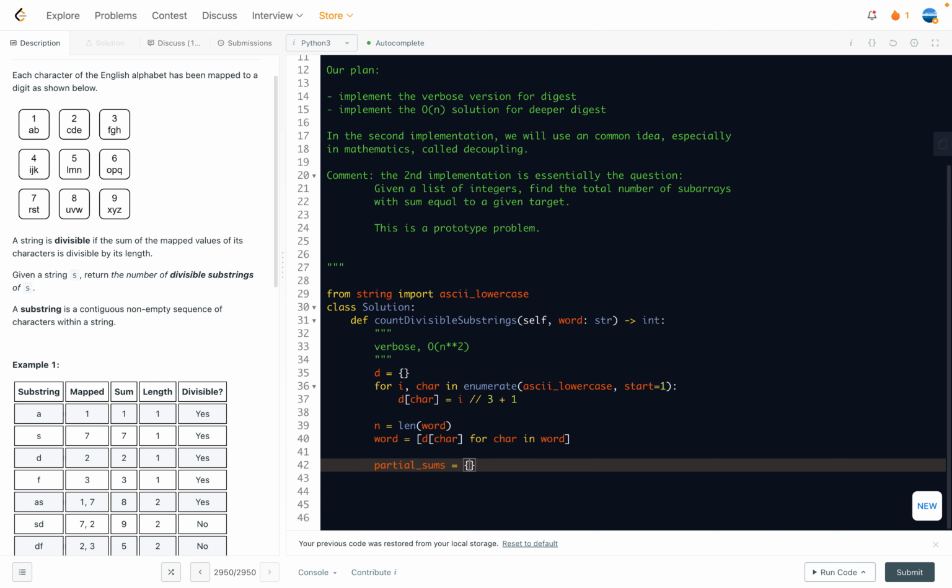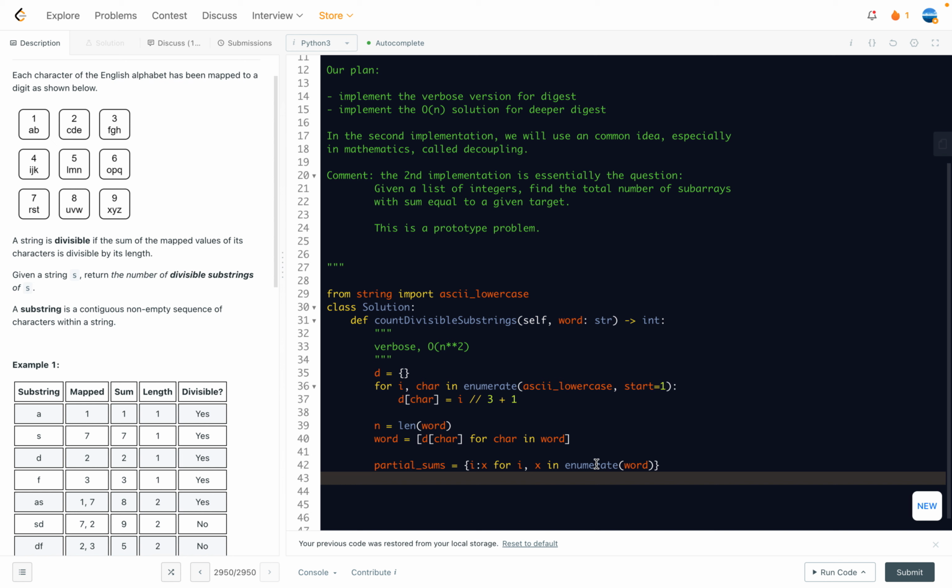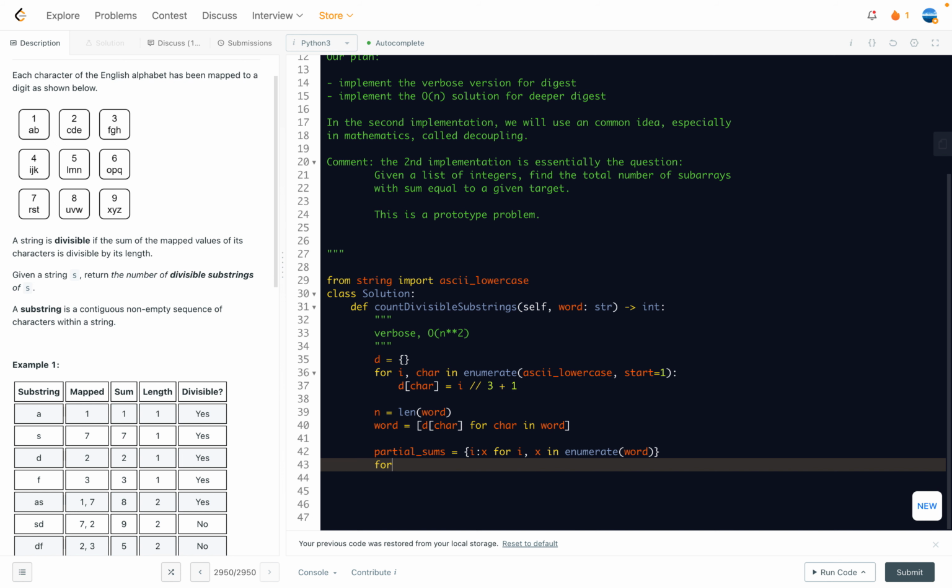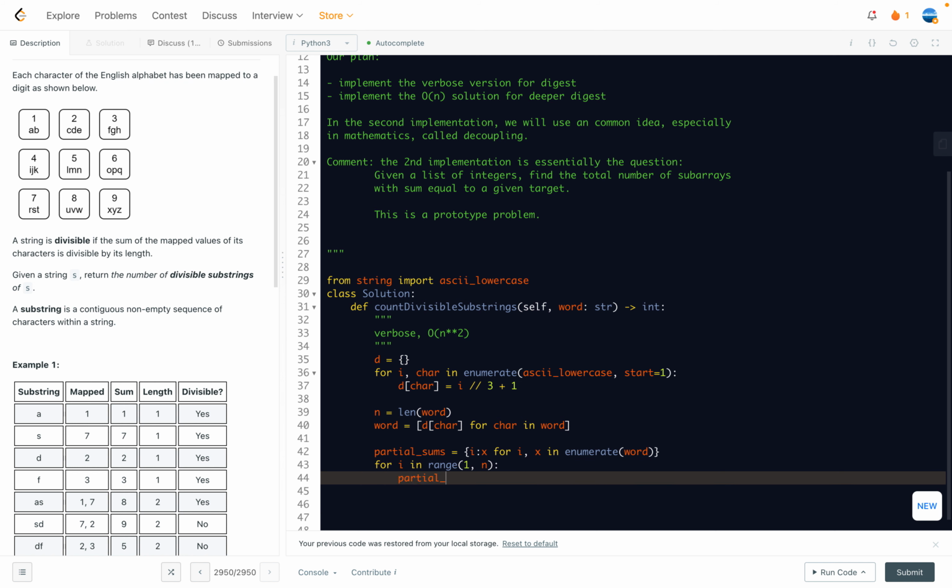So this uses space traded for time. Here I'm going to do: i is x for i, x in enumerate(word). So here i is the index and x is the sum. Now in order to get the partial sum, for i in range starting from 1 ending at n, the current one will be incremented by the partial sum